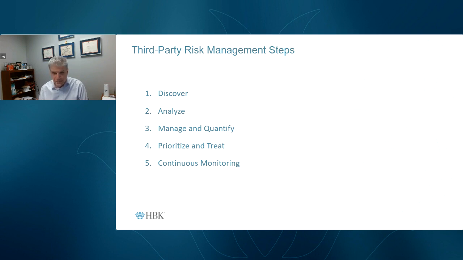So it's like, after you have all that slotted out, then you can prioritize who you want to work with and then figure out how to treat it. And then the biggest thing, and that's where some of these security ratings come in, I'll talk about some automation steps later on, but continuous monitoring is an important thing.